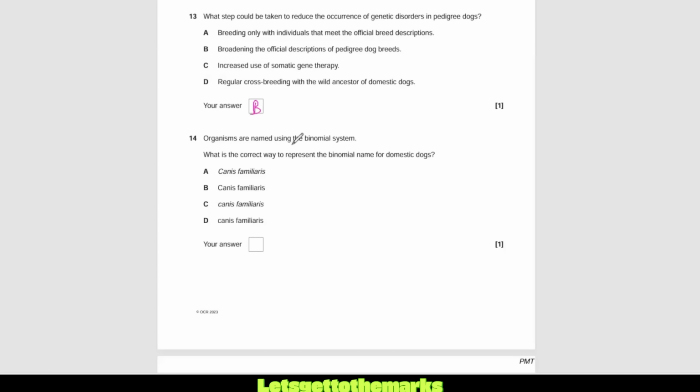14, organisms are named using the binomial system. What is the correct way to represent the binomial name for domestic dogs? So this is really testing you on, do you know this? Why don't you pause the video, have a go at this. Now, the first name